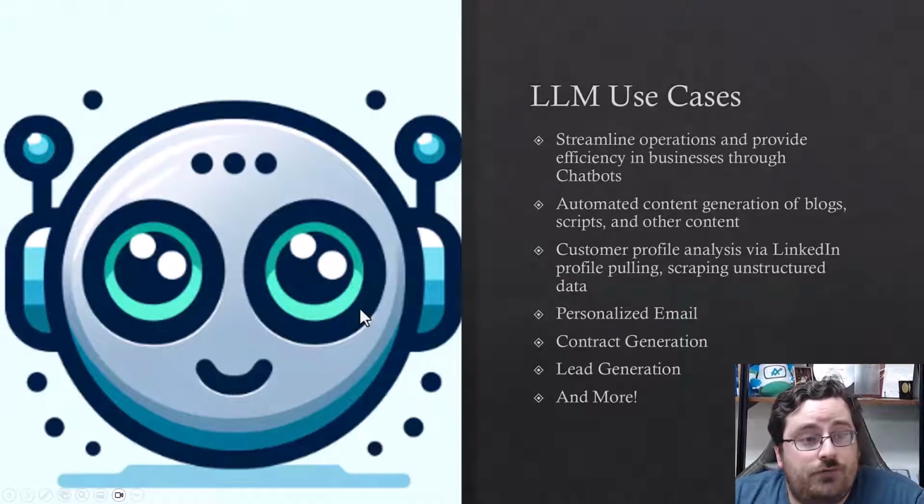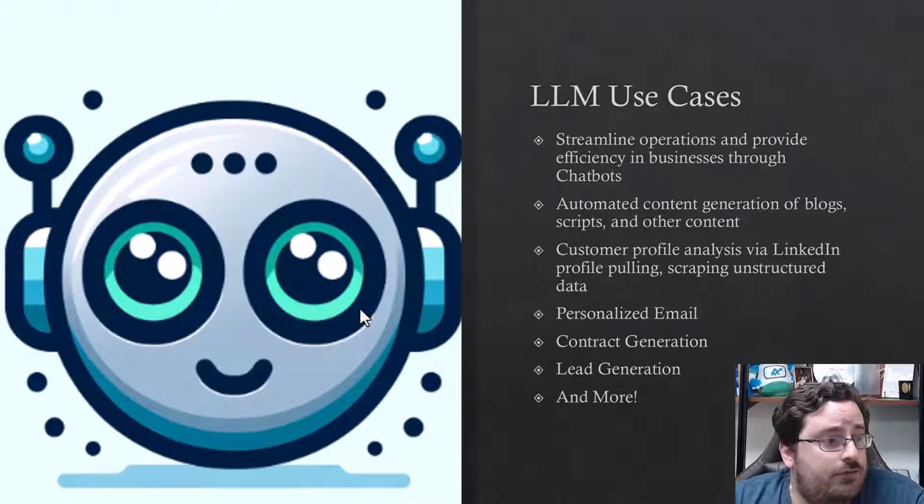In terms of use cases, the very simple use case is a chatbot to streamline operations and provide some efficiencies. In the past, you needed to have a human being on standby at their computer. When somebody does a live chat, they're connected to a person. That person answers their questions, goes to the next person. Now you can have an AI, a robot on the other end of the chat, where when somebody's asking questions, it can answer using your business's